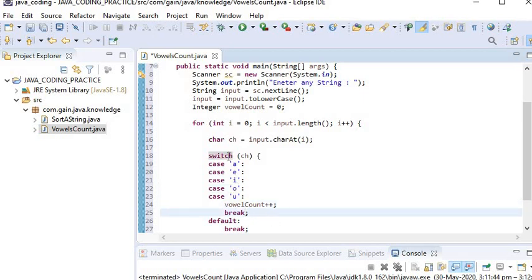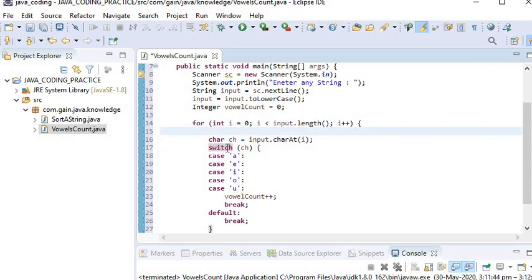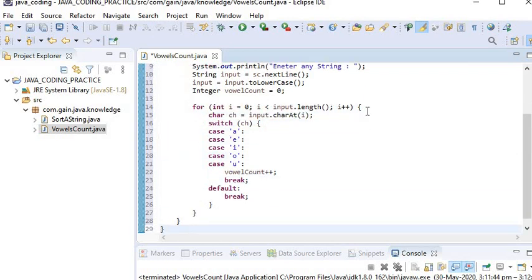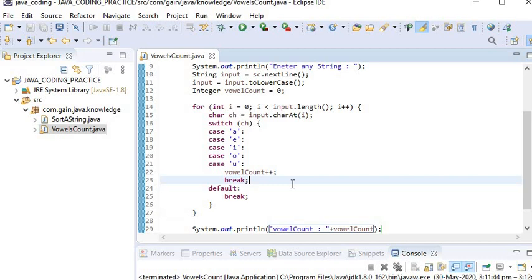Like this, when all iterations are complete, then we will print the output. Here we will print. Now I will run this application.